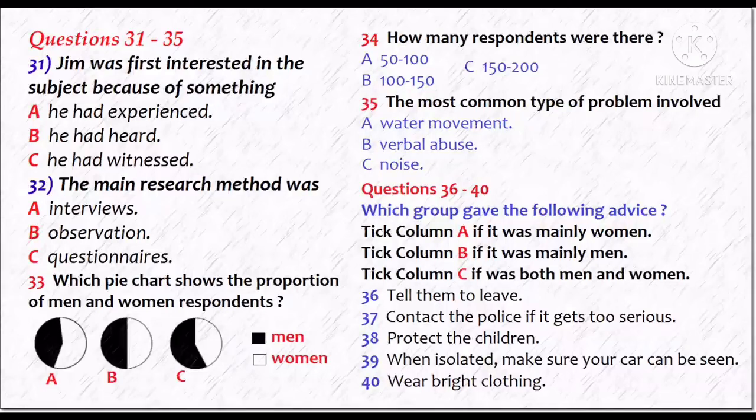Then I had thought it would be mainly women, but both sexes made the point that above all, it's important to get children away from any possible danger. Men were very aware that jet skis could be unpredictable in inexperienced hands. They also made the point that it's much safer to have your car nearby and clearly visible to any watercraft if you're swimming in a relatively remote spot. Finally, wearing visible clothing, men didn't think it was quite as important as women, but both gave it a high safety rating. When we asked them what they thought the government should do to help solve the problem,